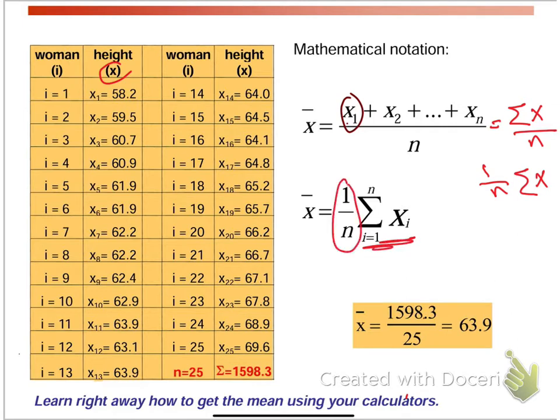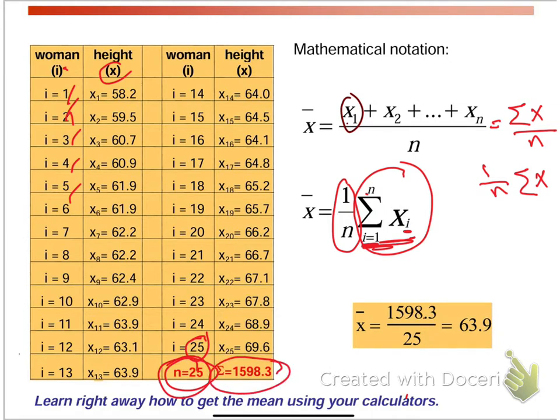1 divided by n multiplied by sum of x, but here just to put it starting from i equals 1 up to n because of xi. If you look at the sample, I have here the women, the first sample I1, I2, I3, I4 and so on. So we can calculate all of them up to 25. This is the example which we have taken. So the count which I have here from 1 up to 25, so n equals 25, and the sum here is